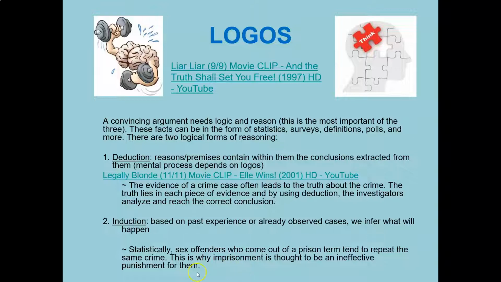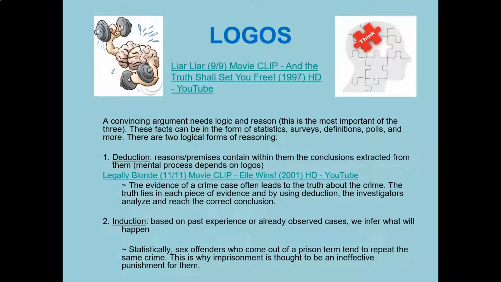You can look at the statistics too. It's actually pretty consistent. So throughout statistics, throughout observation of how it was in the past, you can make that assessment that, okay, this is an ineffective form of punishment for this group of people because they tend to repeat